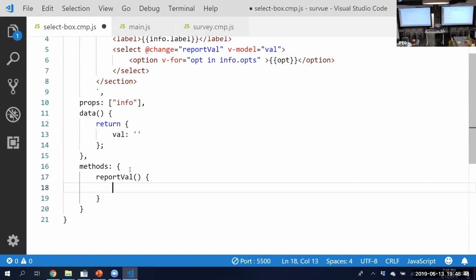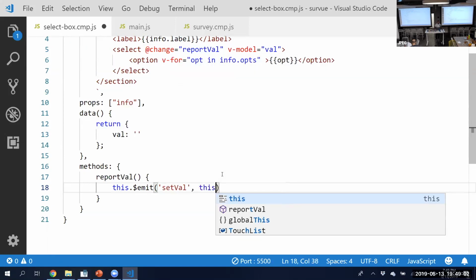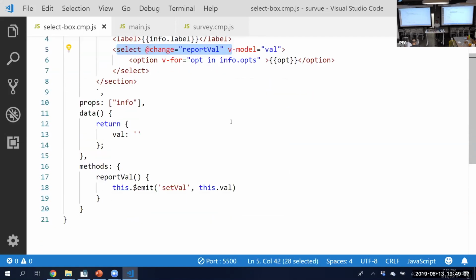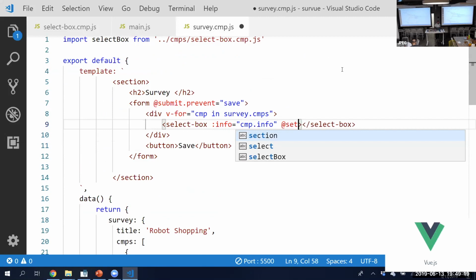So it will do this.$emit, and then I will render an event. And the event that I would like to emit is setVal. And then I would like to send this.val. So now, whenever the user changes something in the select, I am emitting this event up to the parent. So this is my parent right here. And if I would like to handle this event, I will go this and then setVal,